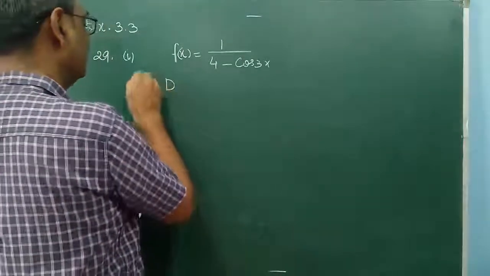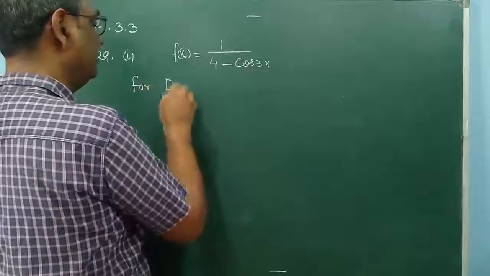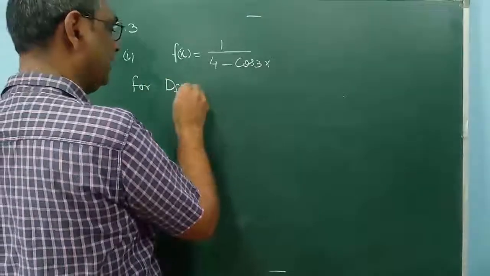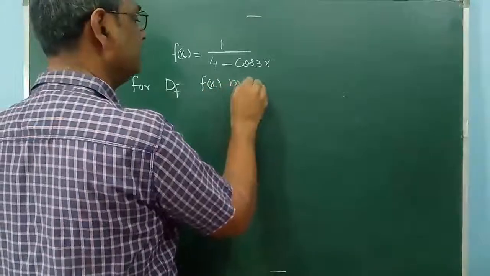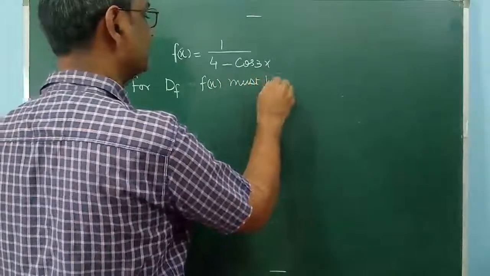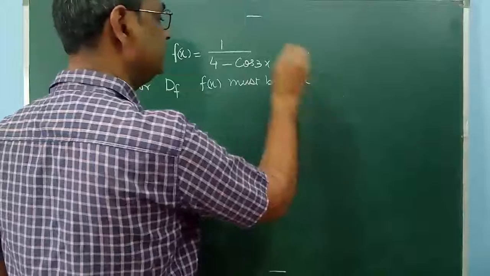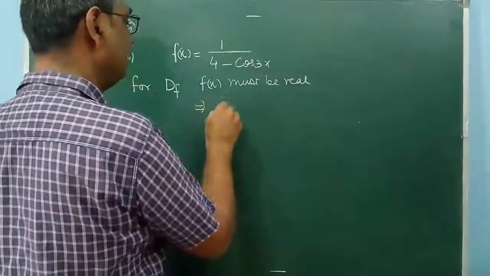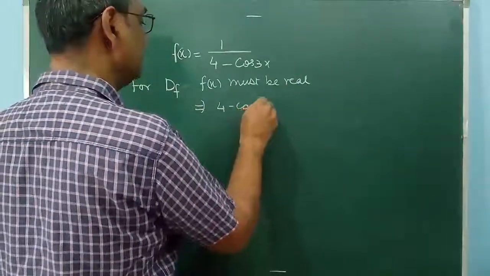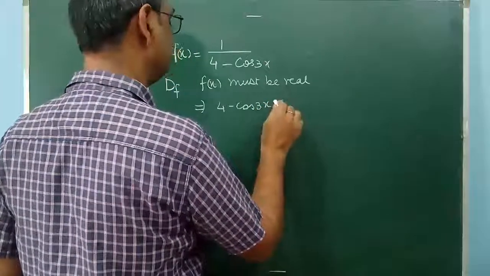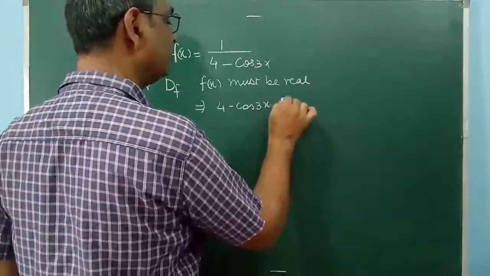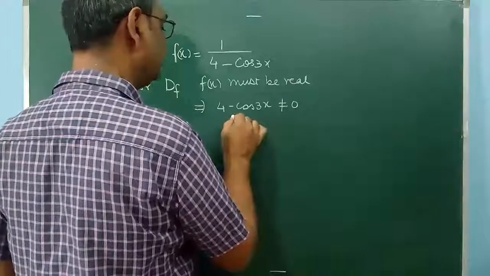For the domain of the function Df, f(x) must be real, which implies 4 minus cos 3x should not be equal to 0, means